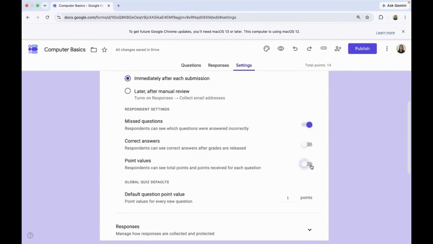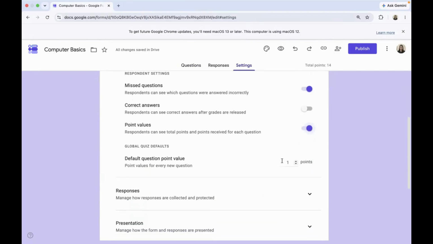And I would like them to know the point values of each item in the Google form. And if you want to set the default point for each item, you can just adjust here the default points so that you won't manually adjust or give points to each item in your Google form.